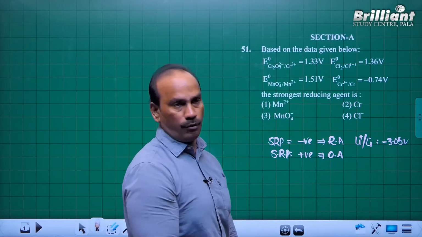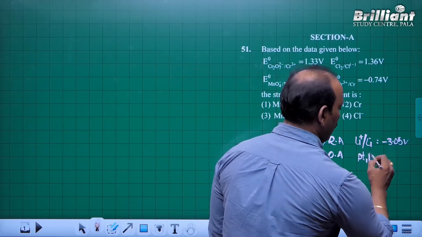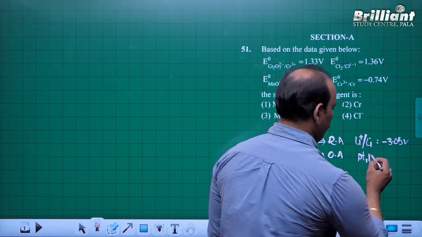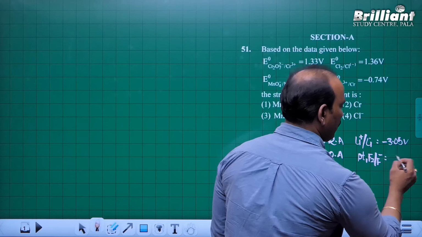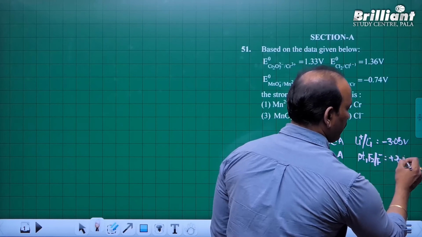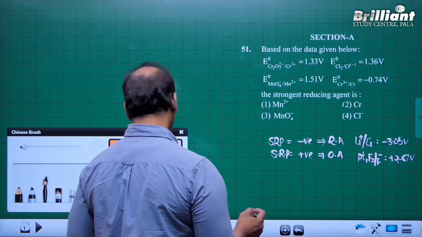Strongest oxidizing agent is fluorine, that is Pt, F2 by F minus, this value is equal to plus 2.87 volt. Clear? Now one more important point is